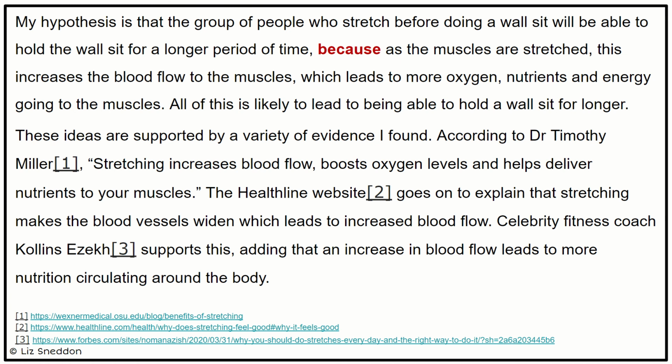My hypothesis is that people who stretch before could hold it for a longer time, because, as the muscles are stretched, more blood flow goes to the muscle, which leads to more oxygen, nutrients, and energy going to those muscles. And this then leads to being able to hold a wall sit for longer. So that's what my reasoning is, and now I need to provide evidence. And so that's when I want to reference those